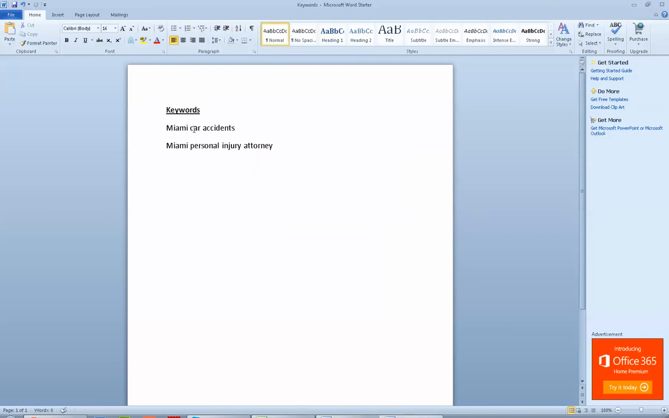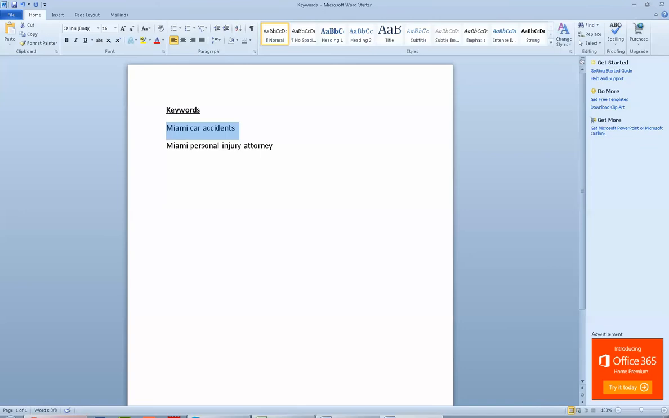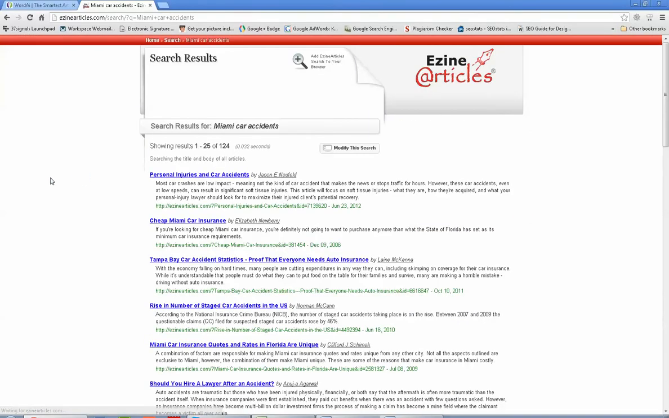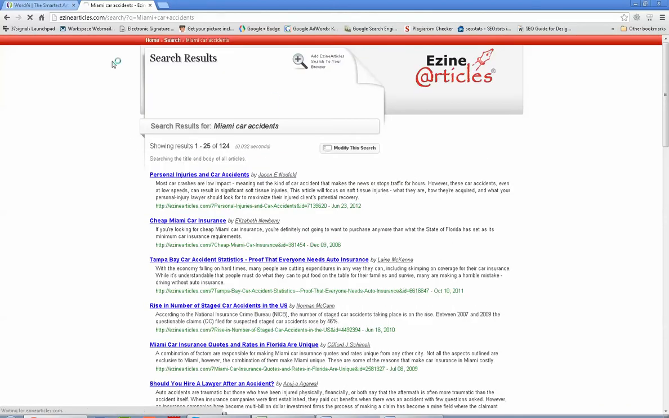You're also going to receive a set of keywords that you're going to use to find the articles. And you're going to find these articles on these topics when you go to the website Ezine Articles. So you're just going to go to their homepage, and you're going to search in Ezine Articles. So just put in the keyword Miami car accidents, and you're going to do a search, and it gives us 124 results. So we're going to take these 124 articles, and we're going to put